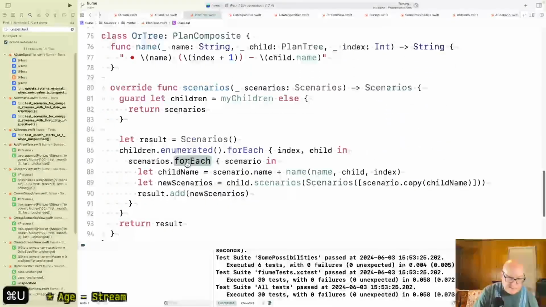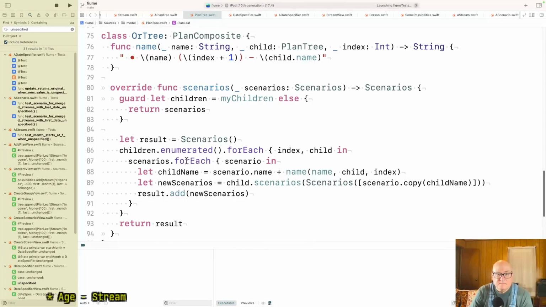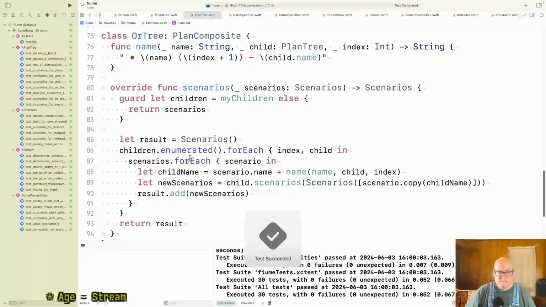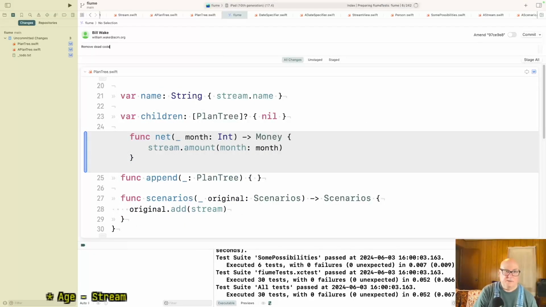No. Okay, so we remove dead code plan leaf.net.